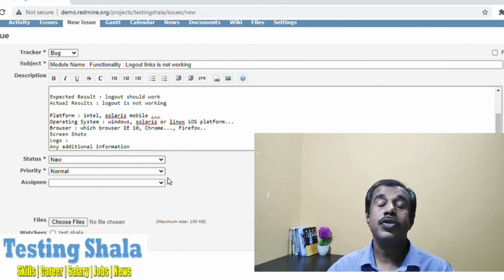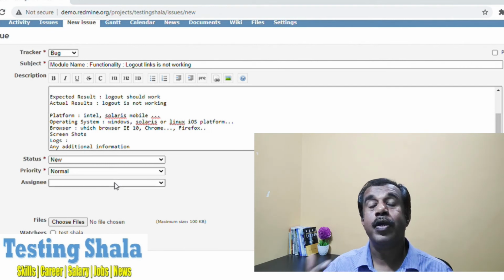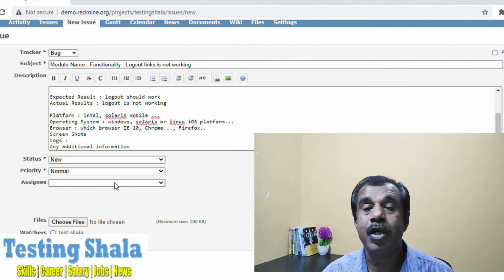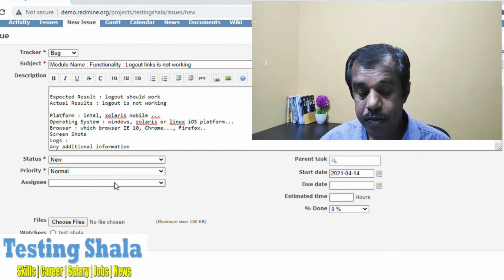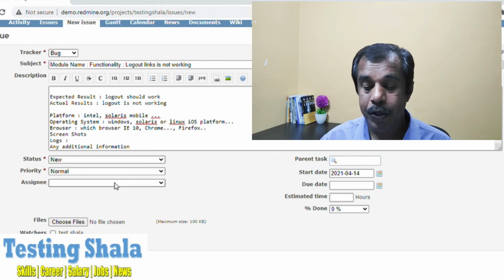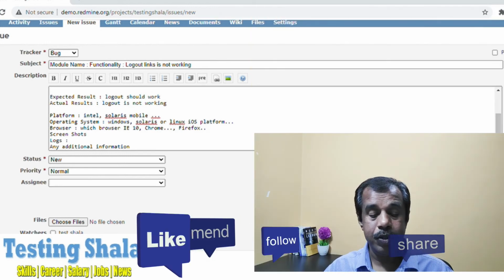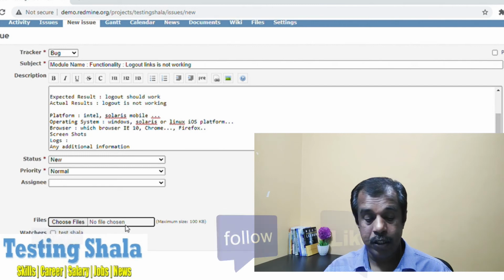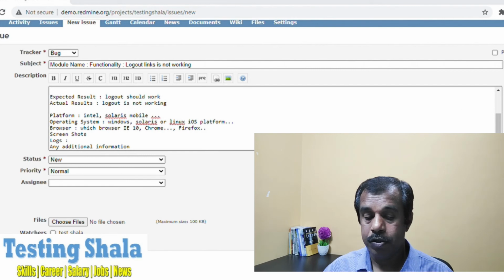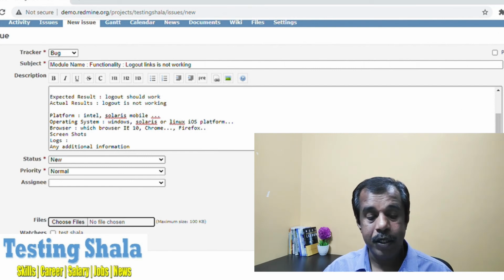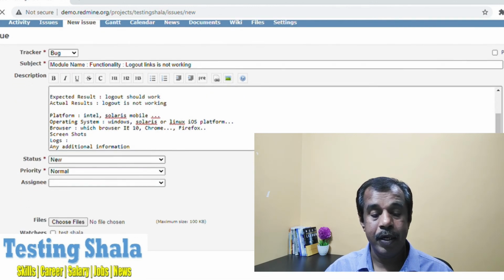Again, assigning: certain companies and certain tools have different features. There is a mechanism to assign to a particular team or a particular individual. You can select this drop down to assign to the particular person. The developer will also put a due date, the timeline by when they should fix this issue. As I said, you can also attach all the logs and all the snapshots. That would help the developer get all the information. Once everything is done, if you click on create bug, it will create a bug for you.